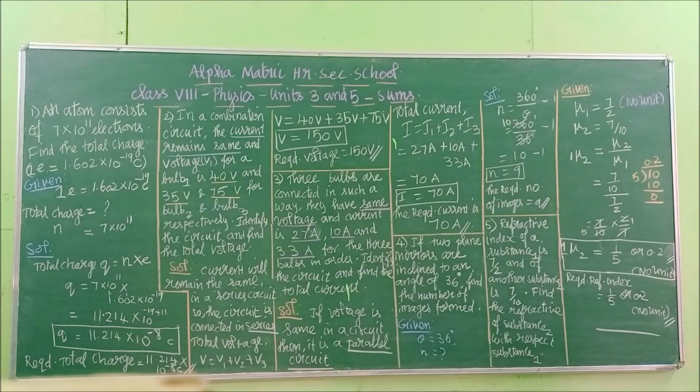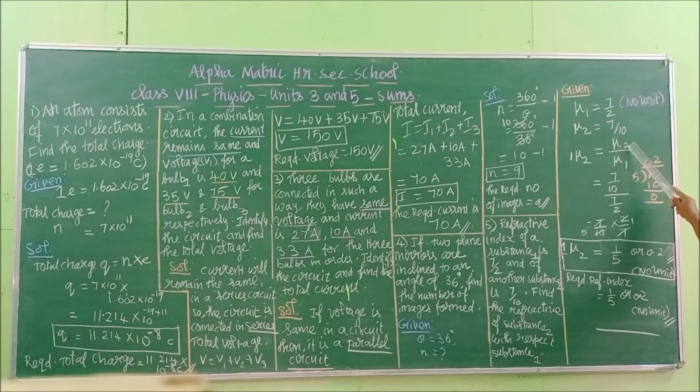So that I have done here. So what is the question? Find the refractive index of substance 2 with respect to substance 1. That should come here. So this is how you have to frame this. Right, children? So what is this formula? When you are writing like this, this one should come in the numerator and this one should come in the denominator. So answer is mu2 by mu1.